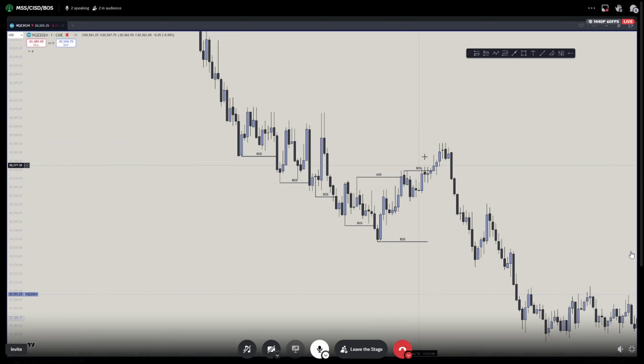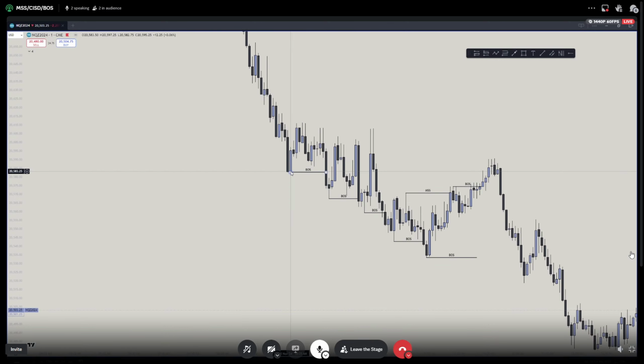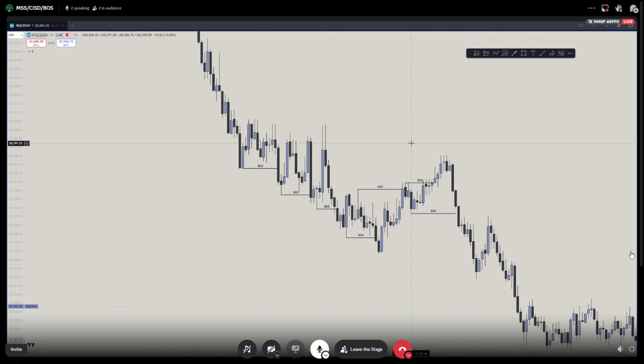you guys definitely have to look out for this, as you want your breaking structures to be clean with the bodies. See right here, breaking structure with a body, breaking structure with a body, breaking structure with a body, right? And our breaking structure point will keep moving until it comes up to here. Since we have a breaking structure here, you want to look for your next swing high and swing low point here, which would be right here, which you do break structure one more time